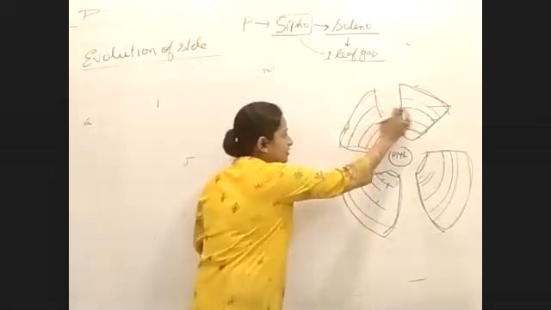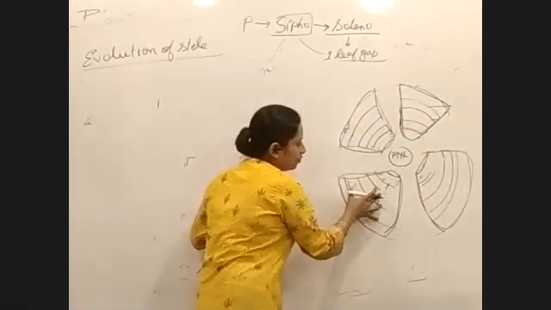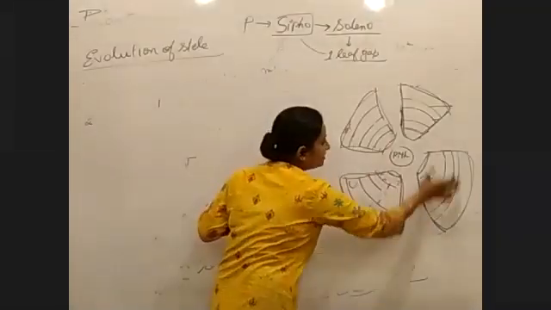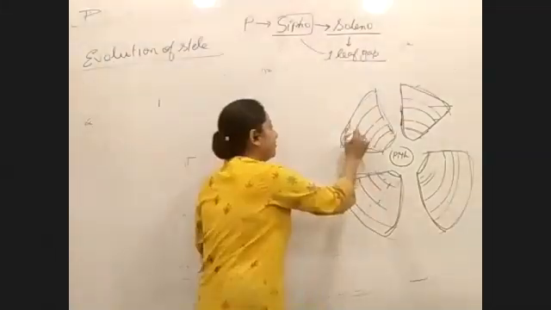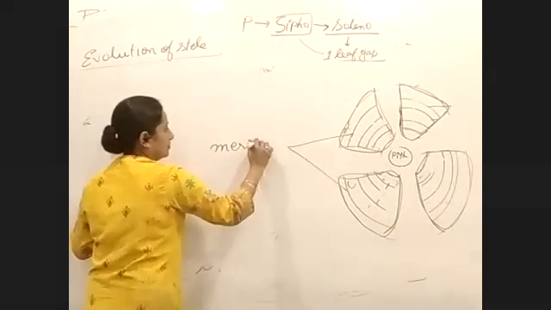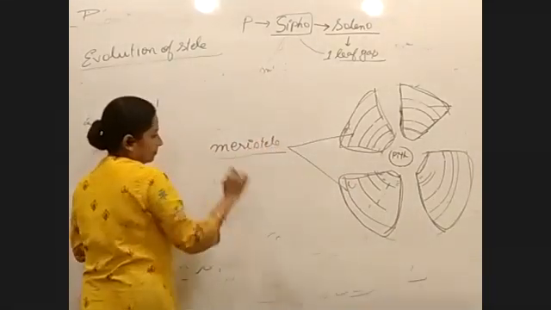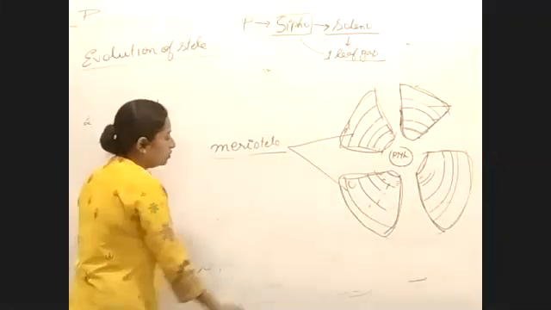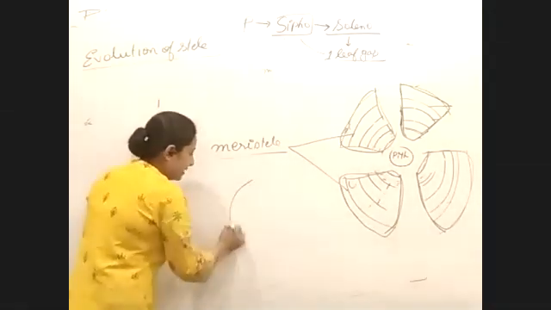Because of the development of many leaf gaps, what we can see is certain fractions now, right? Each and every fraction is called as meristyle. So,